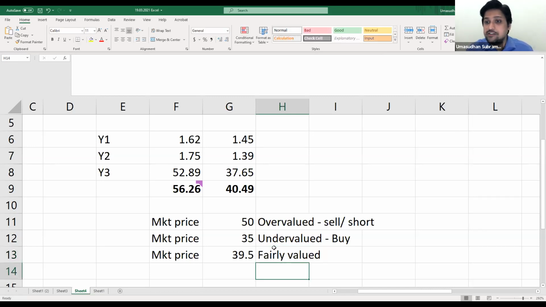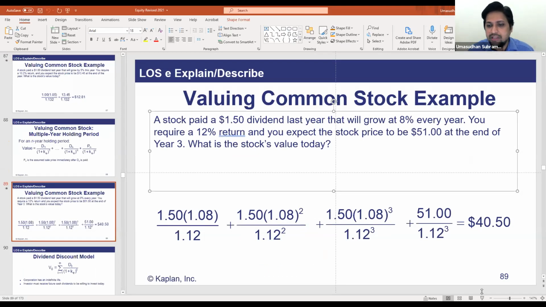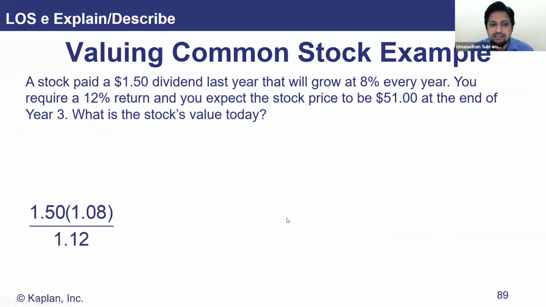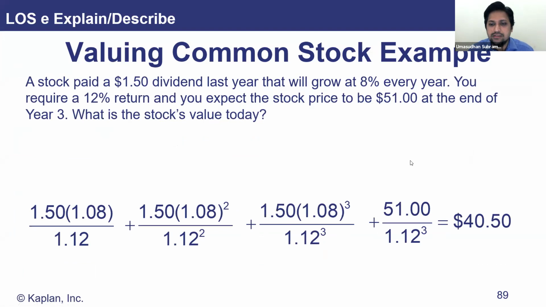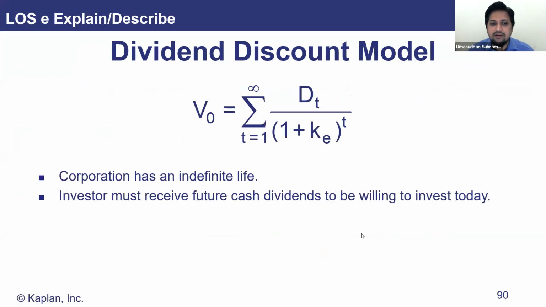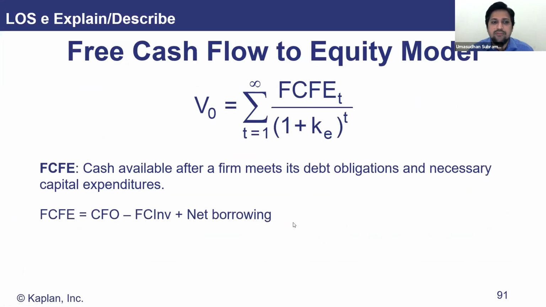Understand this terminology. When you say a stock is fairly valued, its market price is close to the intrinsic value of the stock. So this is a multiple period holding period. We looked at that example, how to do that. Try to do these questions on your own. So 40.5. Okay, now we are actually coming